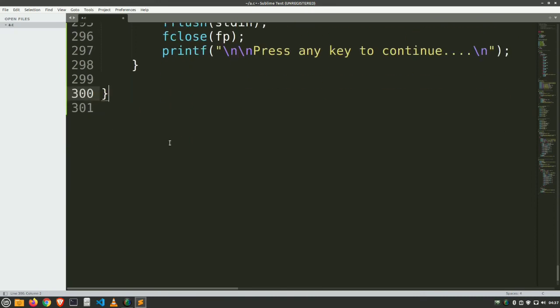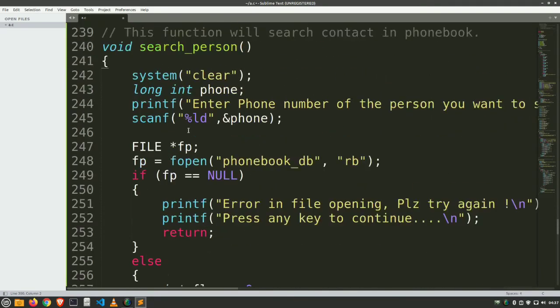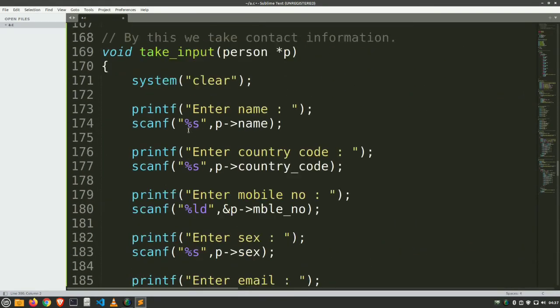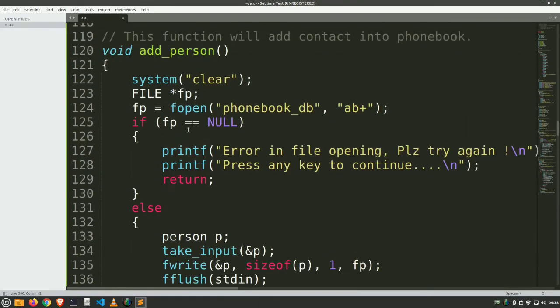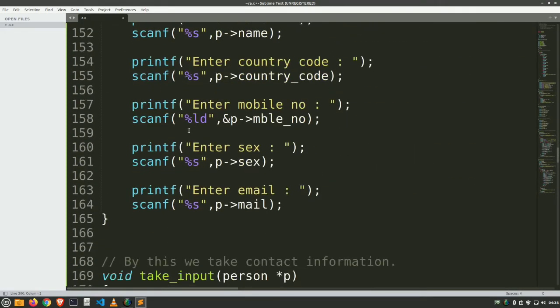So here searching is done, listing is done, adding is done. Adding is done? No, I don't think so. Yes, adding is done. Let's see: searching is done, listing is done, and yes, adding is done.